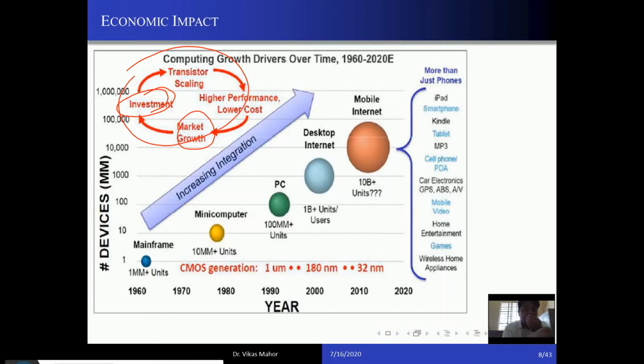That put an immense pressure on the VLSI designers: please scale the transistor more and more, because more and more people are investing in the VLSI market. You know, scaling, how you are able to accommodate 10,000 transistors or 10 million transistors on a single IC. What you're doing, ultimately, is scaling, making your transistor smaller and smaller. This is how you are getting the ICs. So more investors are investing into the VLSI market.